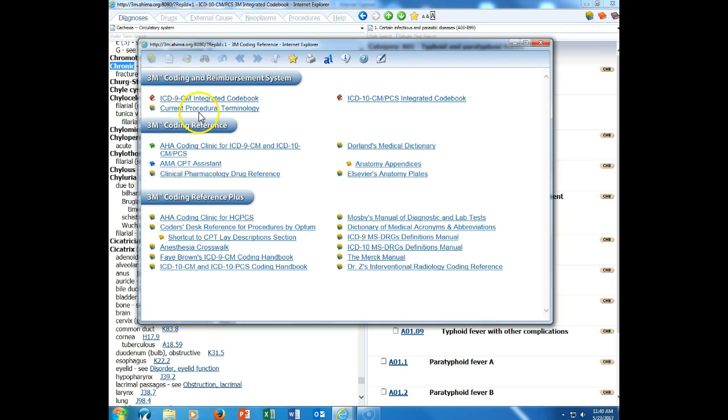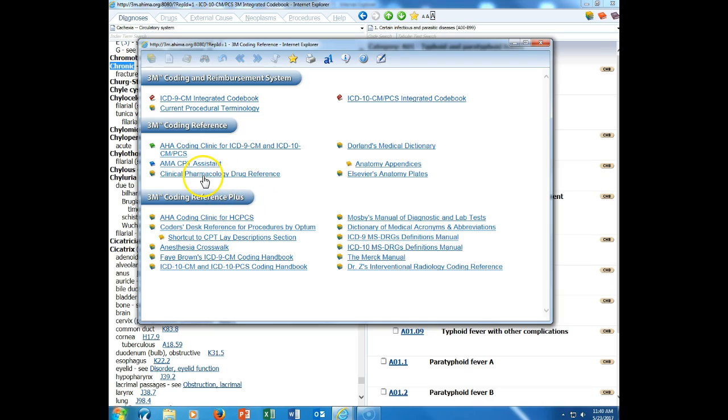This is CPT, Current Procedural Terminology, and then this is ICD-10-PCS, the CM/PCS integrated codebook, which is what we are in. You also have access to Coding Clinics. When you have an opportunity, log in and look through these. You will find references in the tabular to Coding Clinic. There'll be a little CC out beside the code, and when we find those, we want to go in and